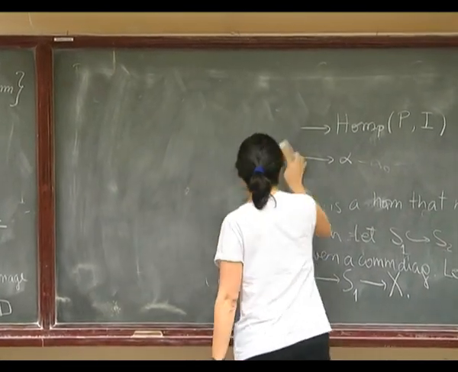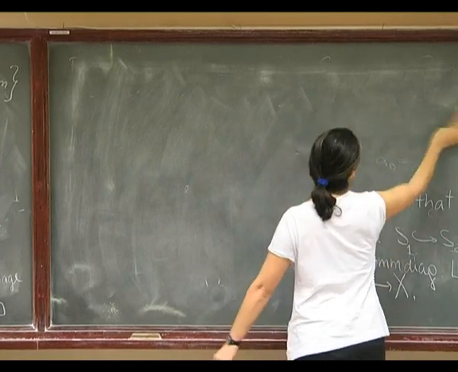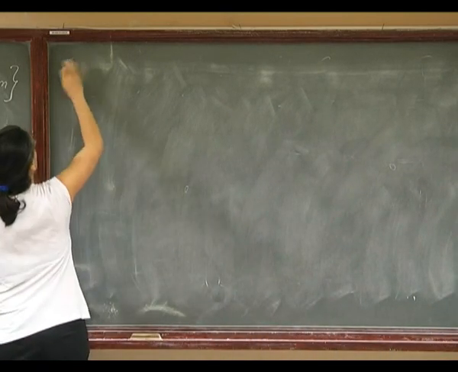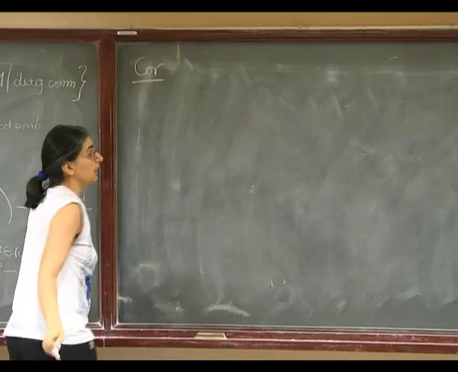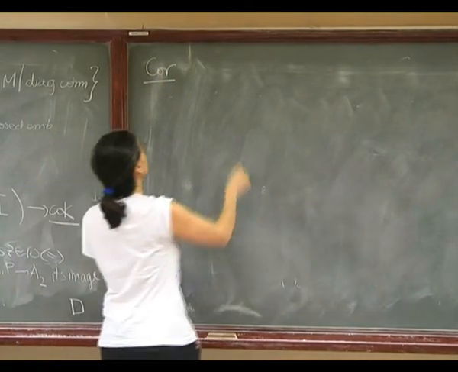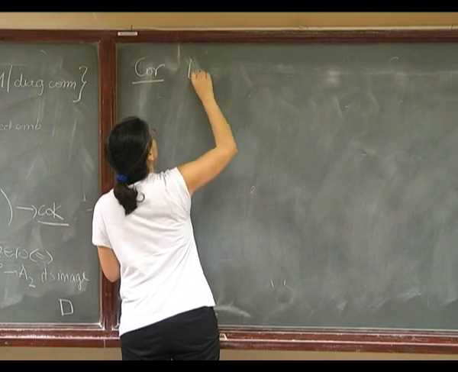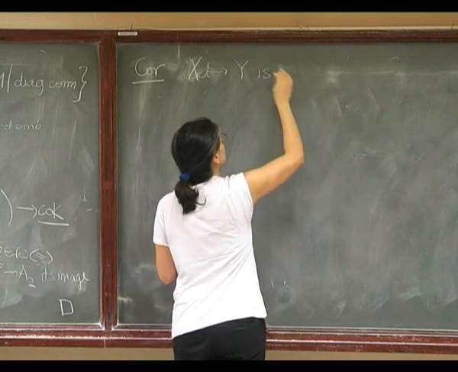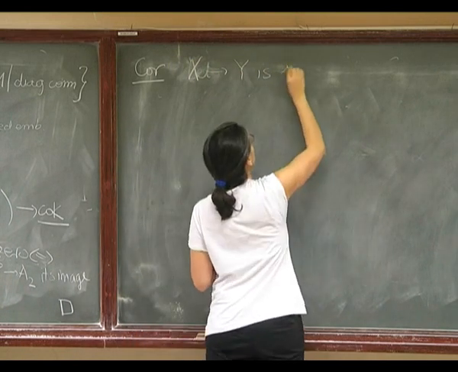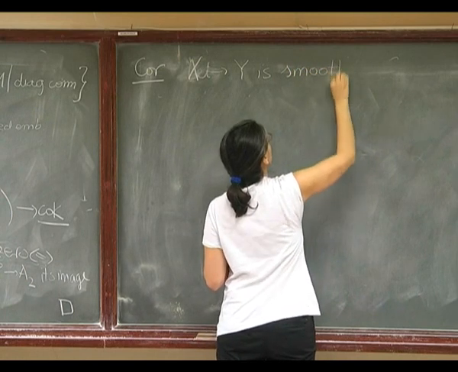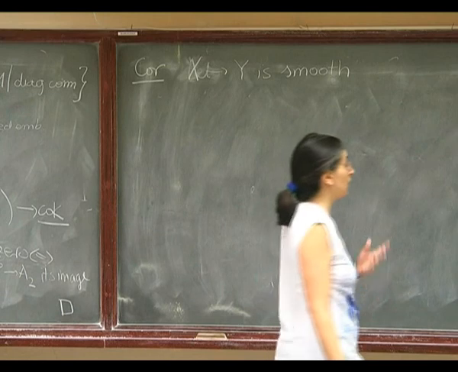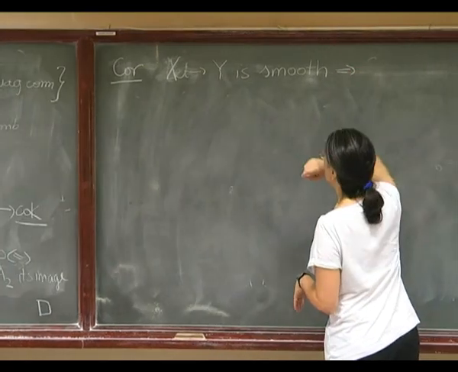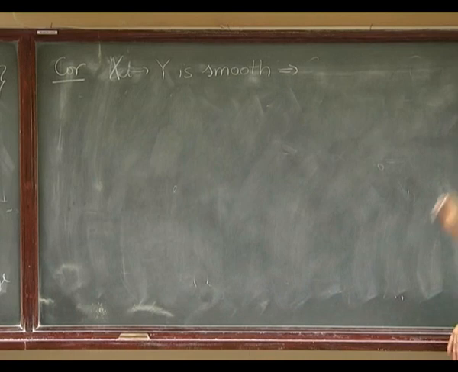Well, first of all, it tells me that, corollary: let x to y be smooth. Well, if and only if, let's say implies, then it's easy to prove the other implication, but in particular it implies